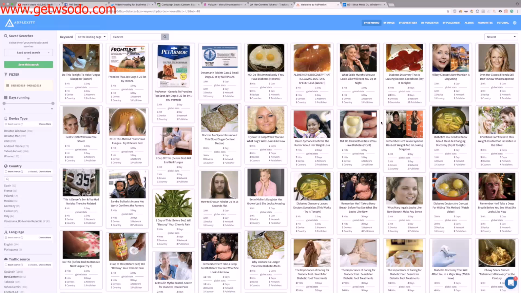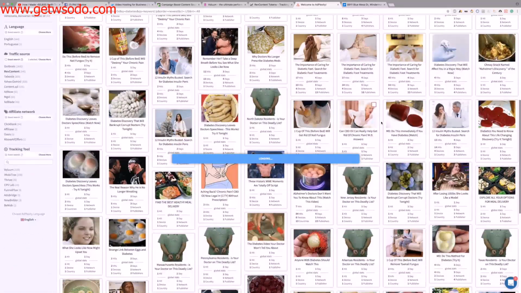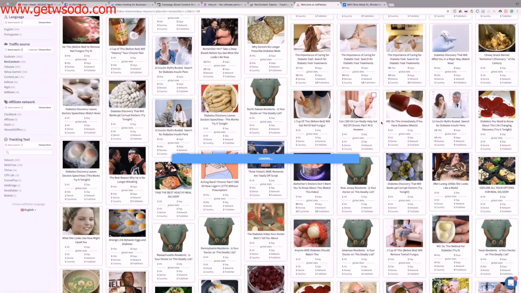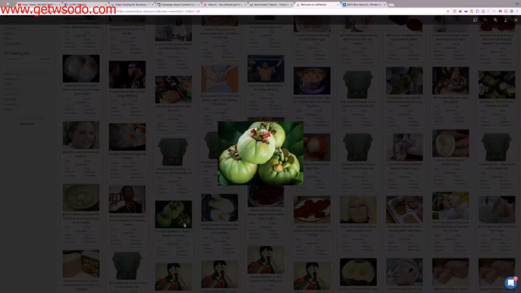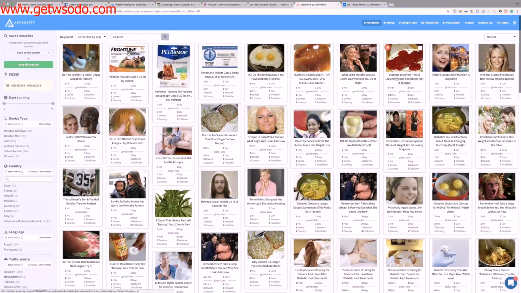So, I mean, really just anything that's a strange food, where if you look at the picture and you say, what the heck is that? You know you have a good native image. So you don't want it to be too clickbaity, too weird. Like, let's see if we can find one. Maybe not something like this, because this is just so weird that it doesn't even look like it's part of your diet. It just looks strange. So if we just come up here and we click on this one, just for an example,